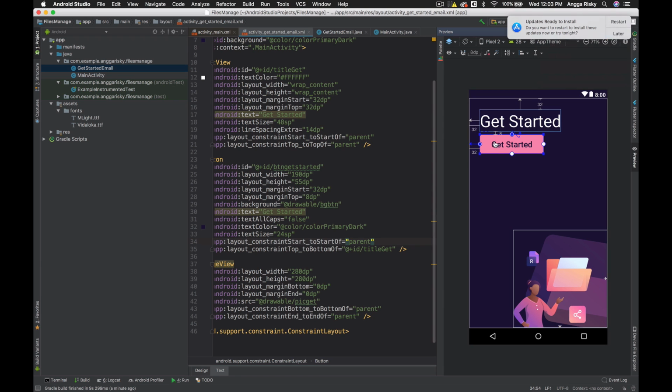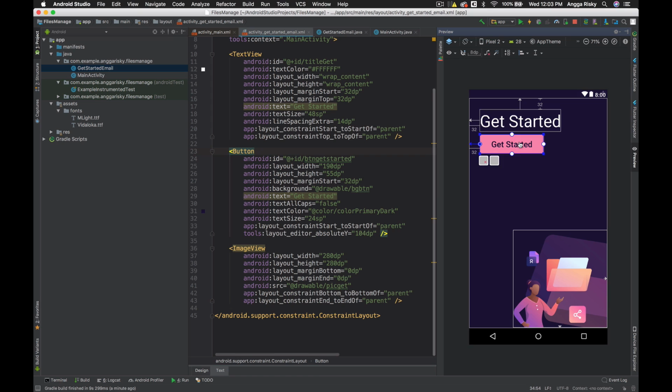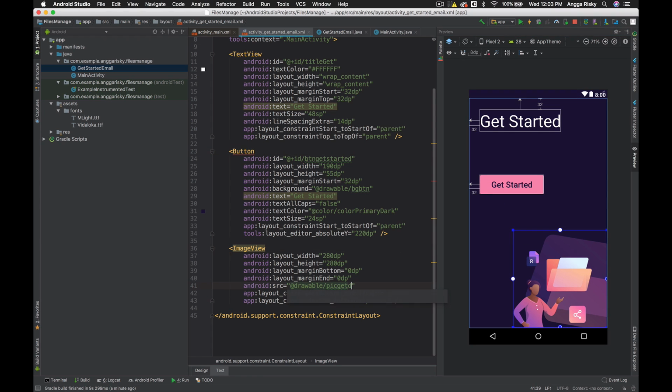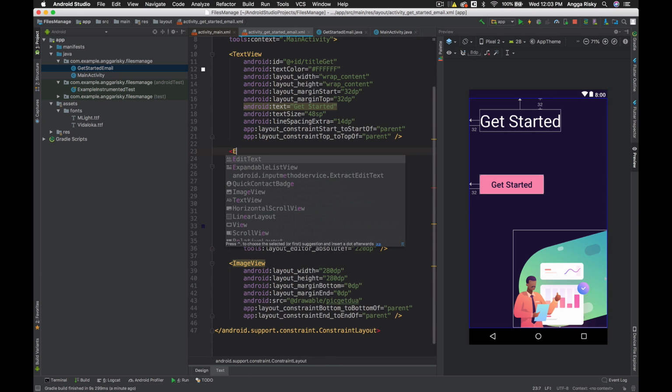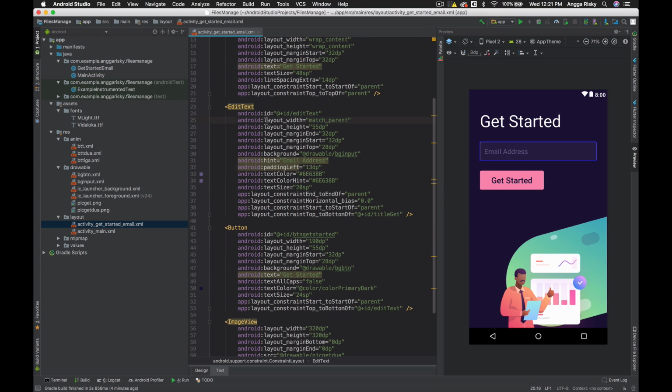Okay, just like this. No, sorry, below of the get started, later on we got the input type, so for this I will replace it first with the pitget Dua. Okay, amazing. So in the button, just let it first. We wanna focus on the edit text. Okay, so this is the edit text for the email address. You just need to follow the instruction that I give, and this is the customized drawable from the background input.